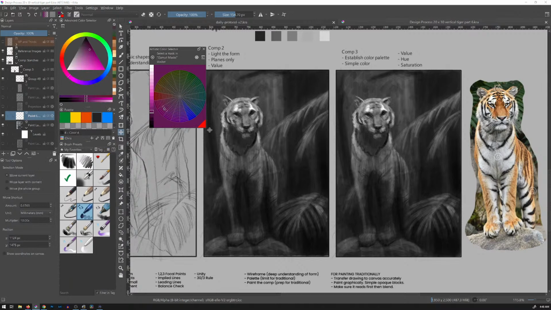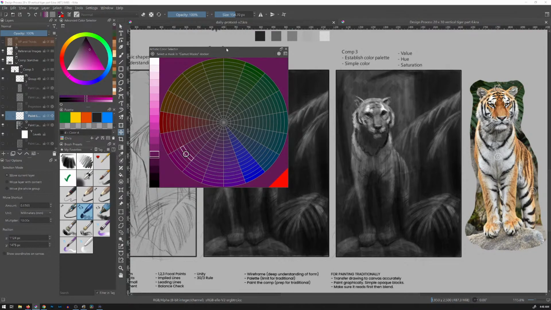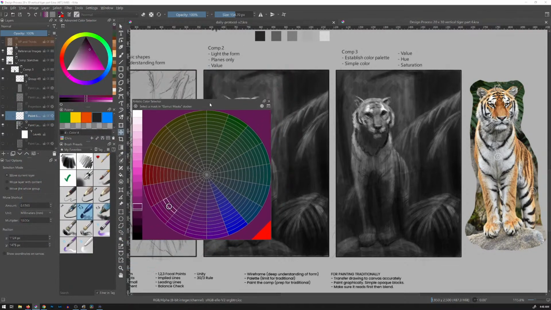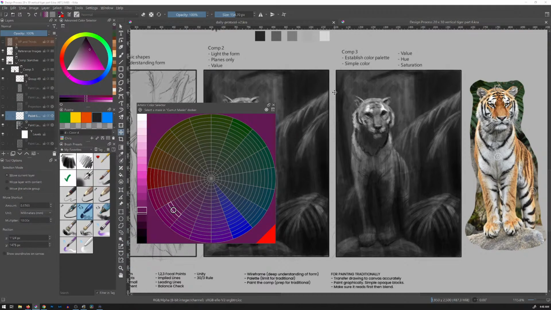So I'm going to undock that. When I'm working with color, I'll probably make it this huge and work with it like that. So if you've established a value, you got a good form and value, it doesn't matter what color you put on there. As long as the value is correct, it could be any hue and any saturation, and it would still read right. It's the hue and the saturation that affects, well, all three of them really affect your composition, what story you're trying to tell. We have a high contrast composition, and